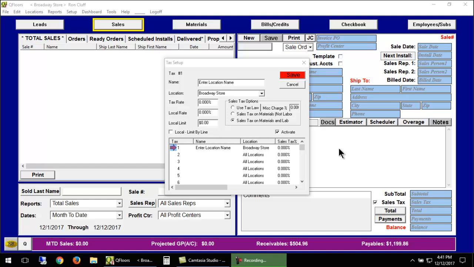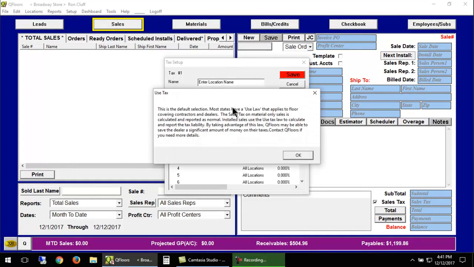In the sales tax setup overview video, we explained an overview of this window. You get to this by clicking Setup, then Sales Tax. In this video, we're going to talk about the use tax law. So we'll select use tax,